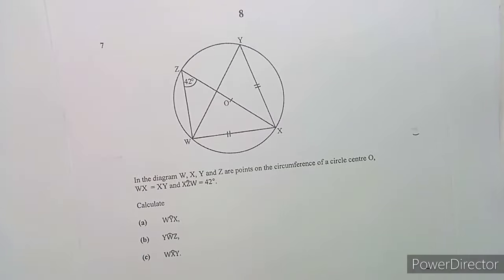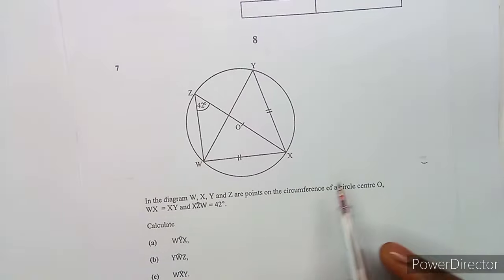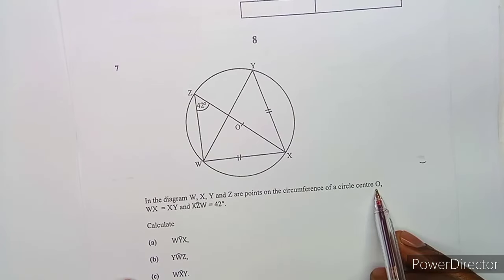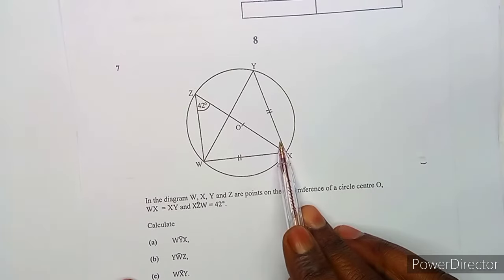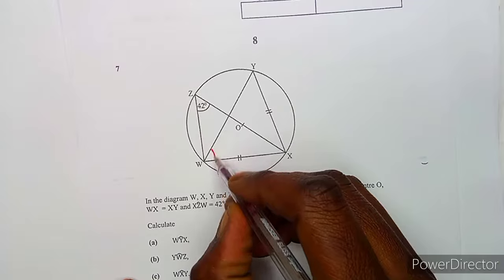So let's see the other question, number 7, where we are given a question on circle geometry. Always I encourage you that when you are working with circle geometry, just try to fill in the information that you can, because here we are given a circle with the points on the circumference, center O. So this is circle center O. We're given this chord and this chord, they are equal. So remember, it means that these base angles, they are equal, definitely, because